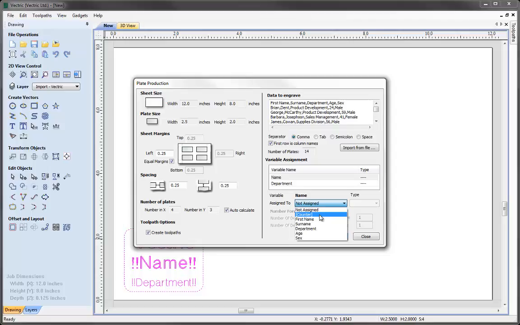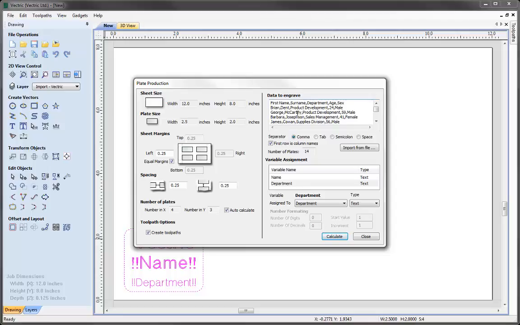So that's useful if we need to have a number representation of where this person was in the fields of information. As I don't actually need the counter for this, I'm just going to select the first name column to represent our variable name. And then for the variable department, I'm going to assign that to the department column. So just select that as well. And that's all the information that we need to then go ahead and replicate this multiple times with all the toolpaths and names from the